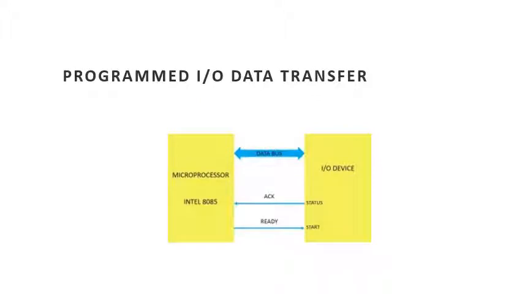But how does the I/O device inform the microprocessor that it is ready for data transfer? This is done by means of an acknowledge signal, also known as a handshake signal. The microprocessor first checks the readiness of the I/O device continuously. Once the I/O device is ready to accept data from the microprocessor, it sends the acknowledge signal, ACK signal, to the microprocessor. This indicates that the device is all set for the reception of data. Now the data transmission can finally take place.